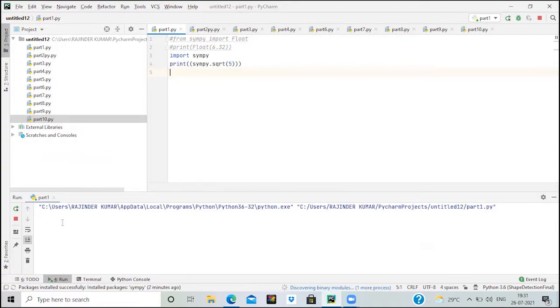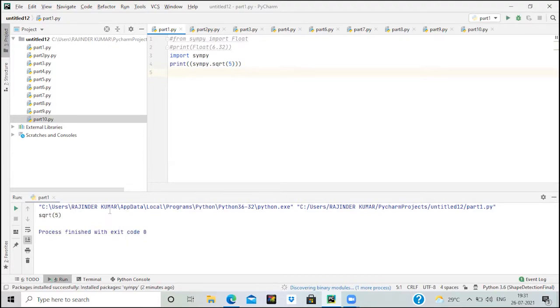The process is ongoing. It's taking a bit of time.